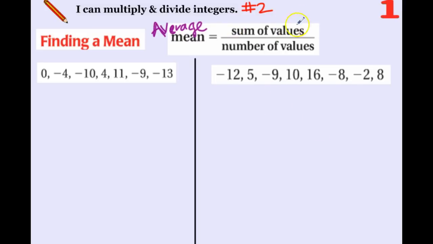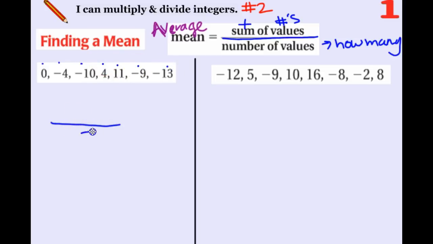It's really the sum of all the values, which really means adding up all of the numbers. We're going to add them all up, and we're going to divide by the number of values that we have, which I like to think of as how many. How many numbers do we have here? So we're going to add them all up, and then we're going to divide by how many we have. Right now I know we have 1, 2, 3, 4, 5, 6, 7 numbers, so I'm going to end up